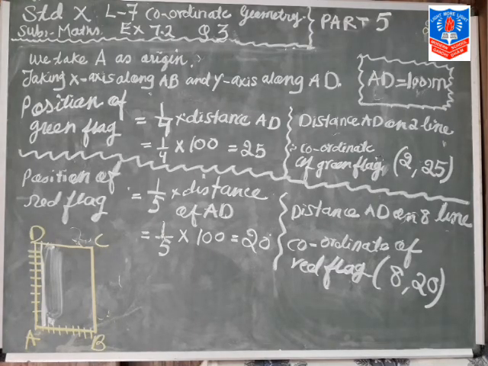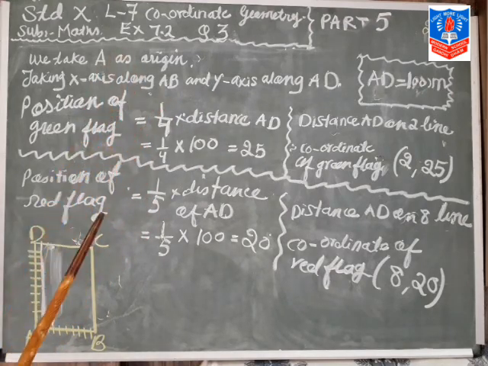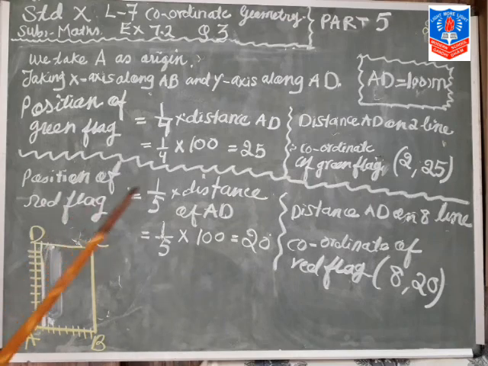Now here it is given to conduct a sports day activity in your rectangular shaped school ground ABCD. The lines have been drawn with chalk powder at a distance of 1 meter each. 100 flower pots have been placed at a distance of 1 meter from each other along AD. Okay, and here it is given as shown in figure 7.12. Open it. Okay, now here it is given Niharika runs 1/4 distance AD on the second line.